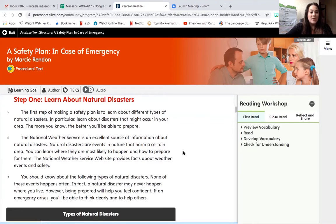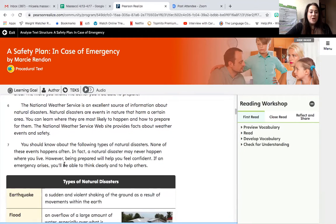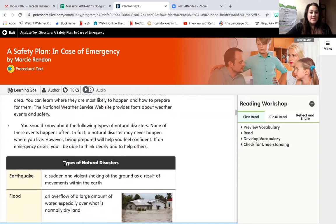Natural disasters are events in nature that harm a certain area. You can learn where they are most likely to happen and how to prepare for them. The National Weather Service website provides facts about weather events and safety. You should know about the following types of natural disasters: